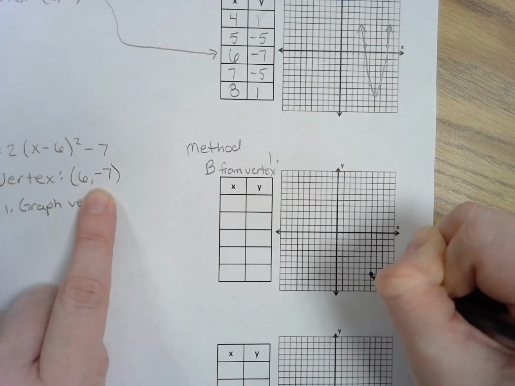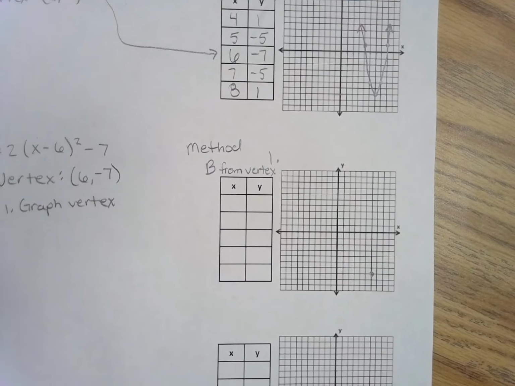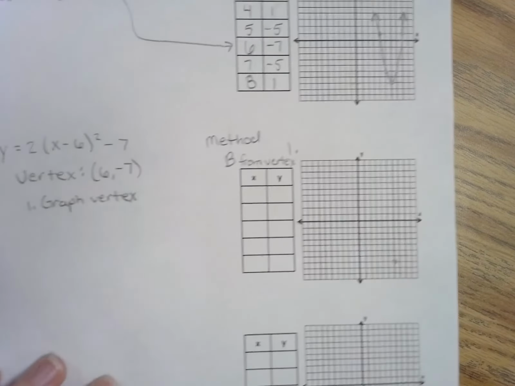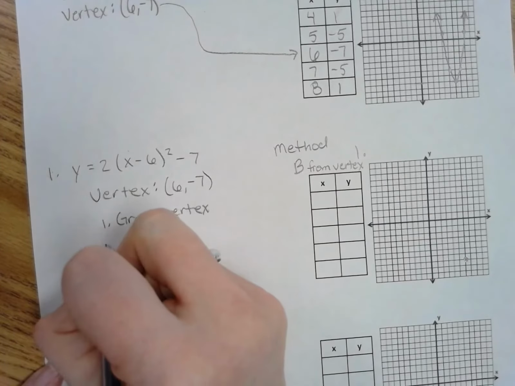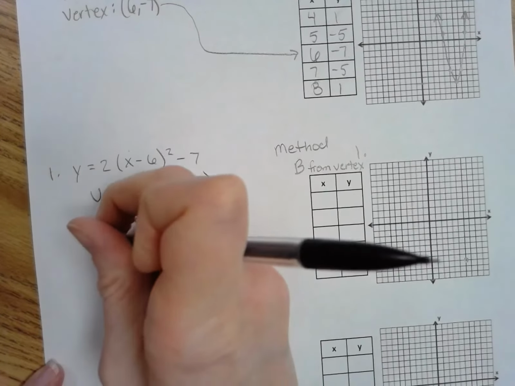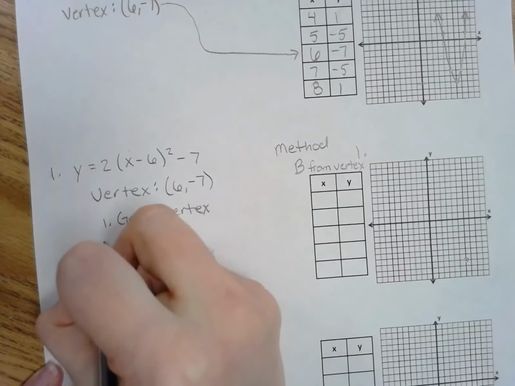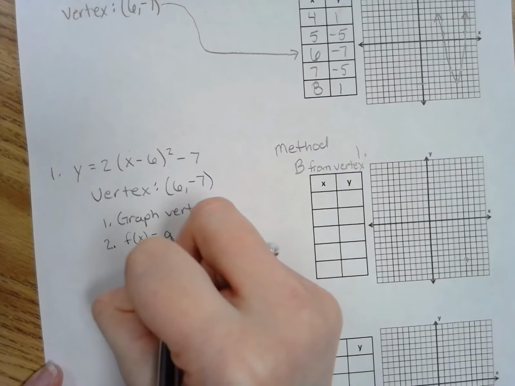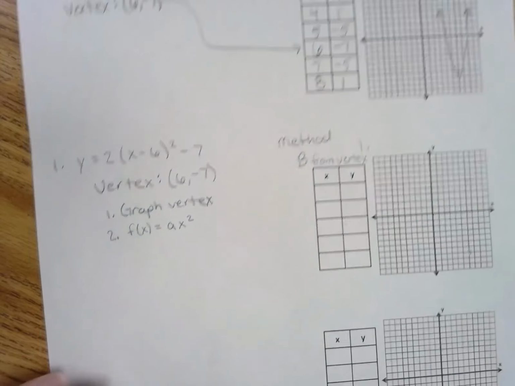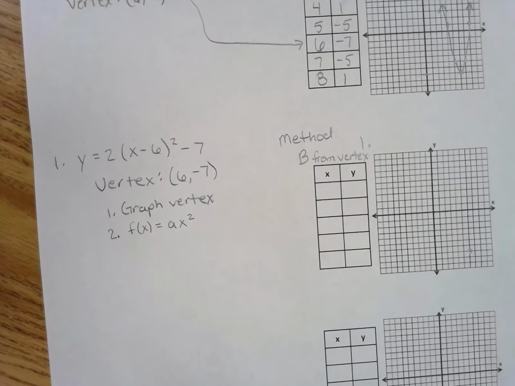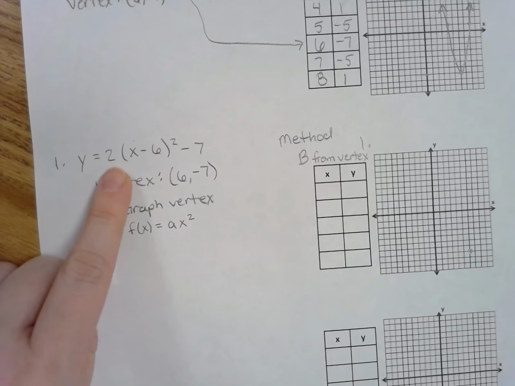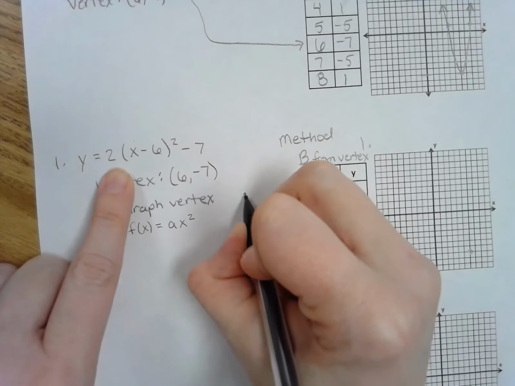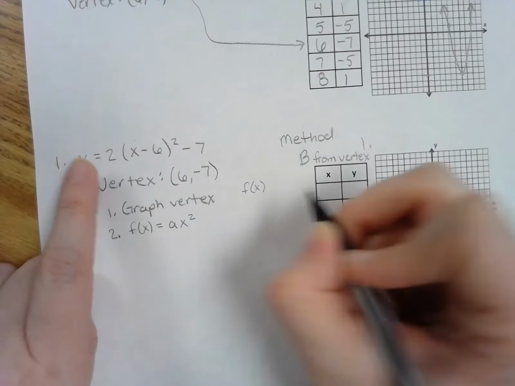So there's your point for the vertex: 6, negative 7. Once you graph your vertex, you're going to make an equation. Step 2: make an equation that is f of x equals ax squared to know how to move from the vertex. Our a value was 2, so our equation is going to be f of x or y, you could use either one,